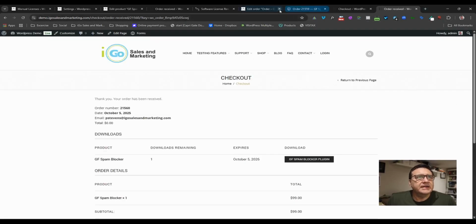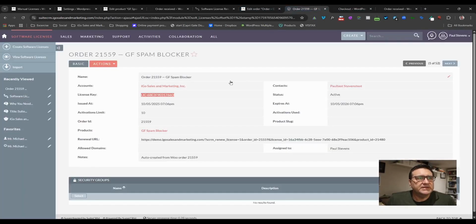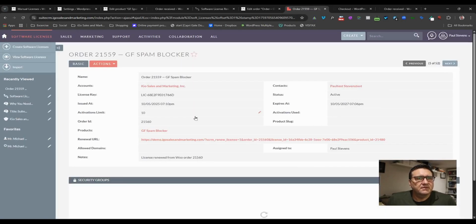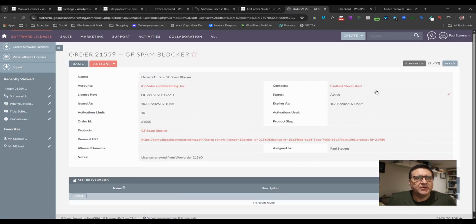Okay, in SuiteCRM here now, when I refresh this, you can see it added another year to their license expiry. And now it has a cross-reference that the license was renewed. So it keeps the same license, and it just keeps updating the expiry date, and that keeps the tracking good. All the order details are going to be in WooCommerce, and you'll be able to pull it